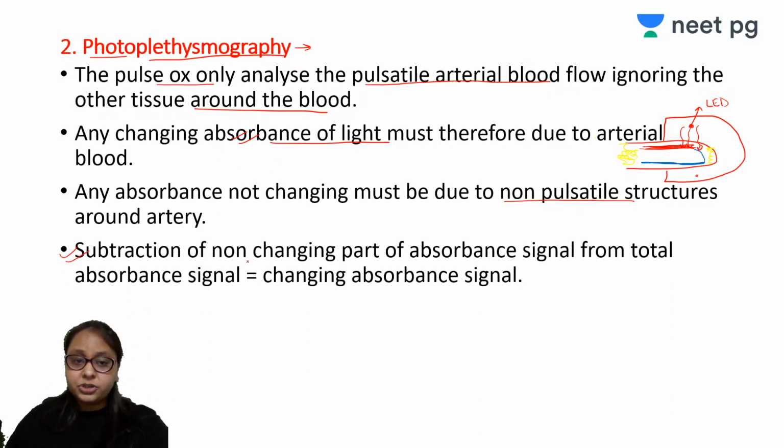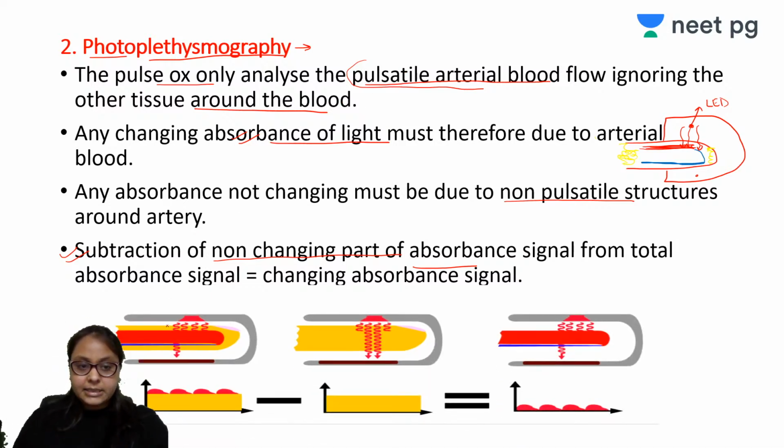ठीक है, so the subtraction of non changing part of absorbance signals from total absorbance signal is equal to changing absorbance signal. In short, अगर हमें याद रखना है तो photoplethysmography pulse oximeter, it will analyze only the pulsatile blood flow and it will ignore all other tissues around the blood. जैसे कि ये मैंने बताया कि इसमें ये पूरे सारे टिश्यूज, वेन्स, आर्टरी से ये आया हमारे पास एक ग्राफ एब्जॉर्बेंस का from the non pulsatile tissue, उसमें कुछ चेंज तो आ नहीं रहा, पल्सेटाइल फ्लो नहीं आ रहा. इन दोनों को माइनस करके ये हमें सिर्फ पल्सेटाइल के बारे में बताएगा. ठीक है, तो